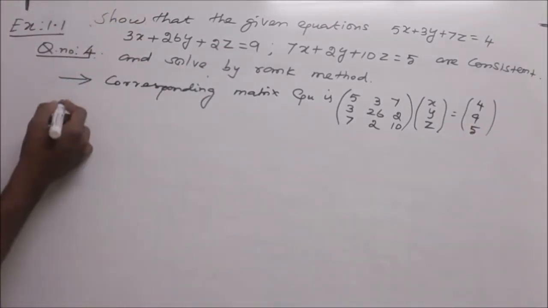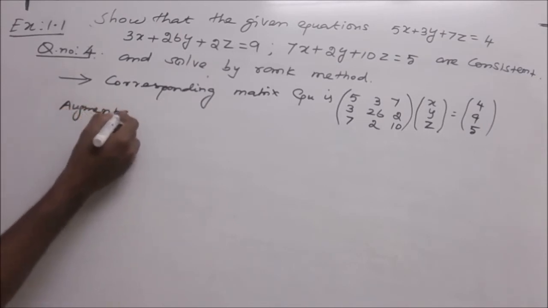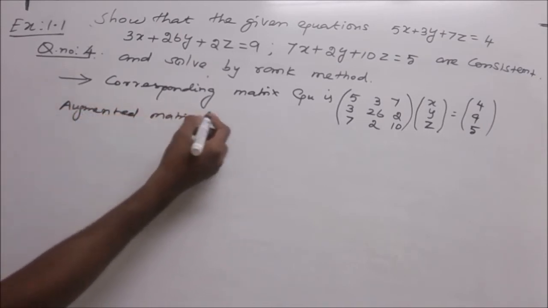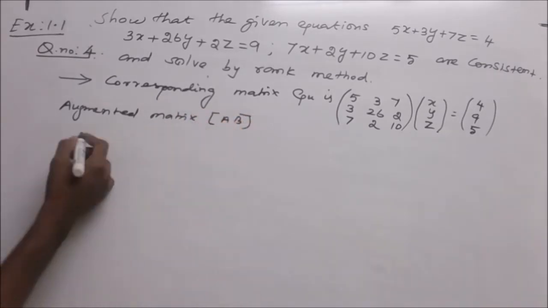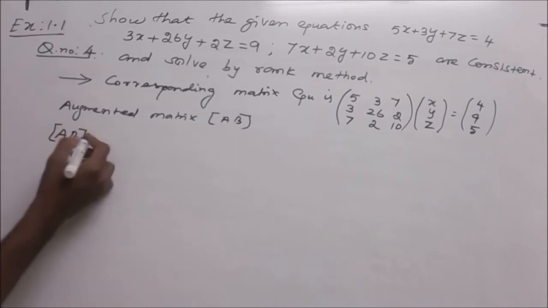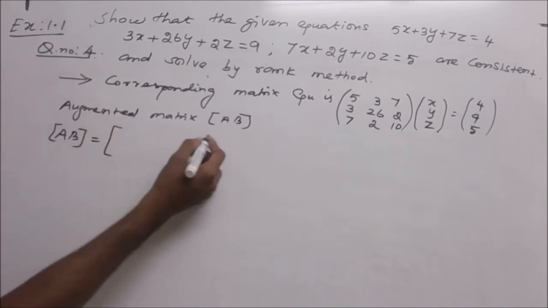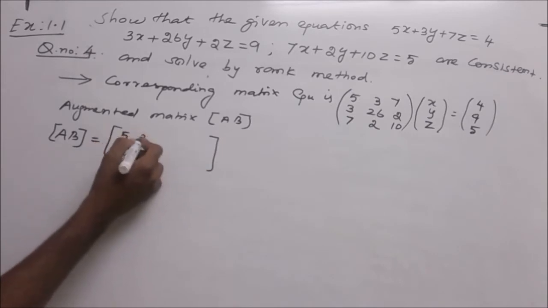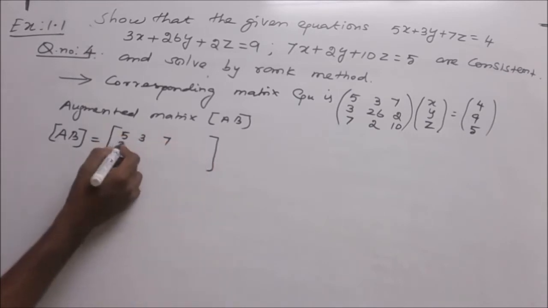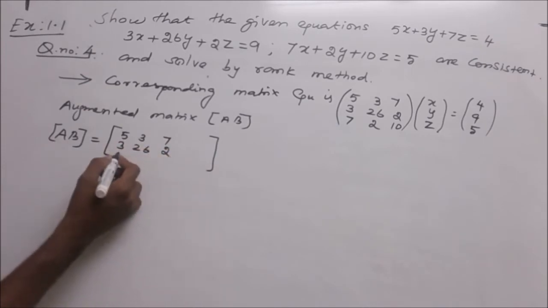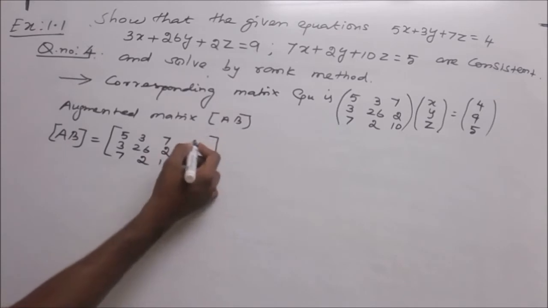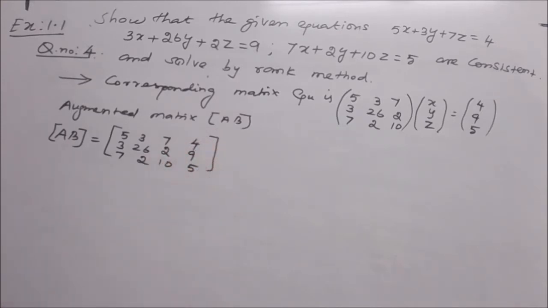Now we have to form an augmented matrix. Augmented matrix AB is nothing but combination of matrix A and B. A is 5, 3, 7, 3, 26, 2, 7, 2, 10, and B is 4, 9, 5. This is augmented matrix AB. Now, we should form the given matrix as an equivalent matrix in echelon form. For that,